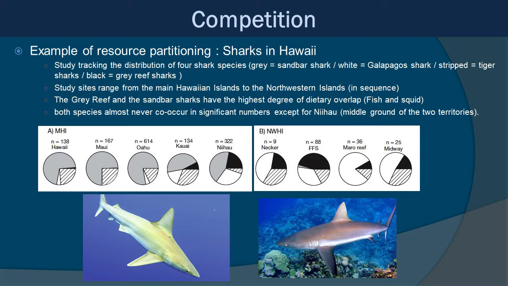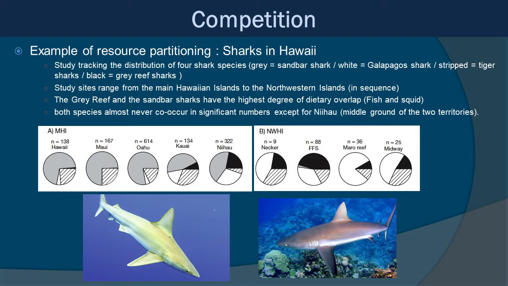You can notice right away that the gray area predominates in areas towards the main Hawaiian Islands: Hawaii, Maui, Oahu, and Kauai. And right in the middle where you see Niihau, that sort of is the middle ground, where you also see a decent number of gray reef sharks. But northwest of that, Necker and Maro Reef and Midway Island, those only have the gray reef shark. So essentially, these two shark species have